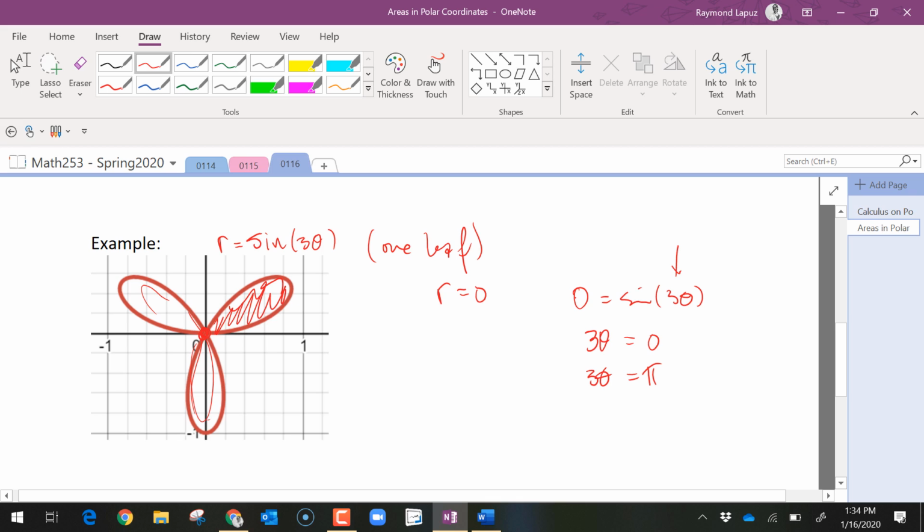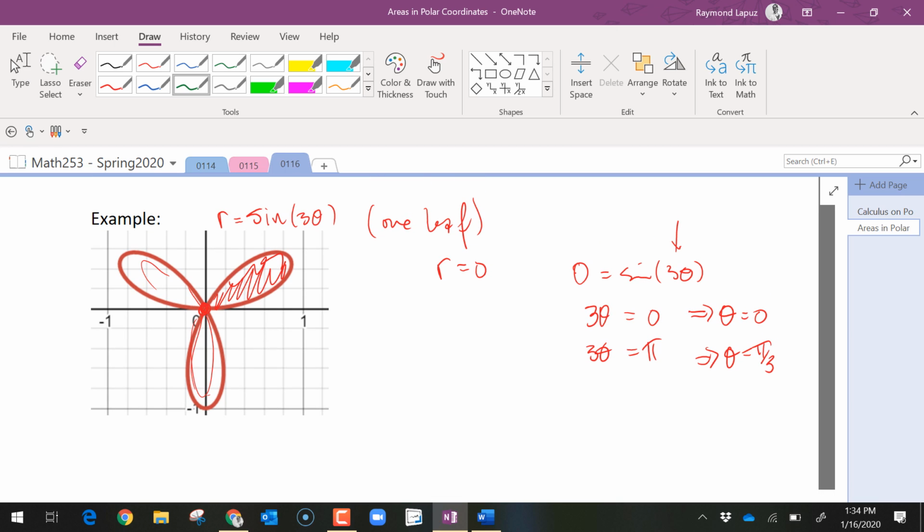And then 3 pi, 2 pi, n pi and stuff like that. So let's not get into that. Let's just take a look at these two scenarios where we get theta is equal to 0 and theta is equal to pi over 3. And then with Desmos, you can double check to make sure that this is actually what's happening in your graph. So now you have limits. After that, you're done. Well,